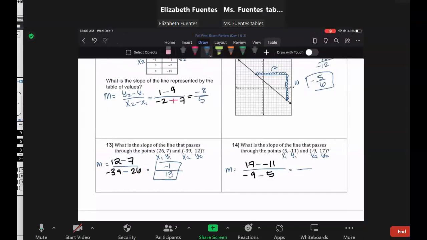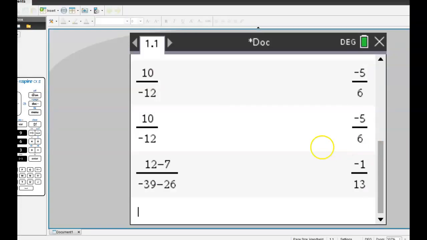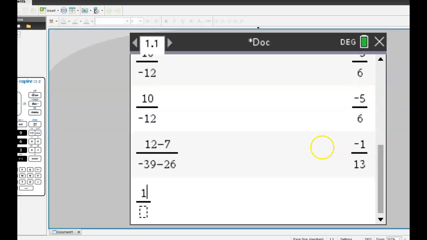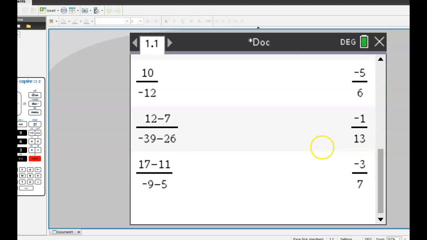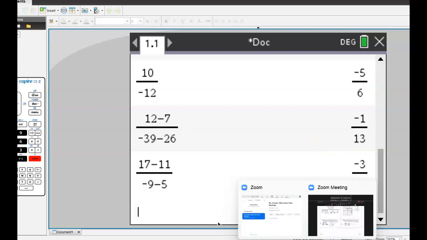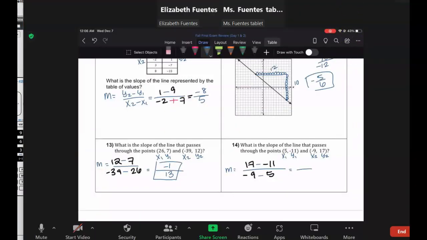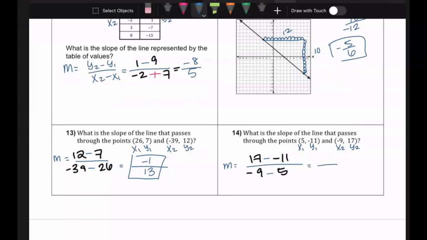Put that into my calculator. 17 minus 11 over negative 9 minus 1. And it gives you negative 3 over 7. And your calculator will give you answers in simplest form, so we know this fraction can no longer simplify. So we will move on to the next part,